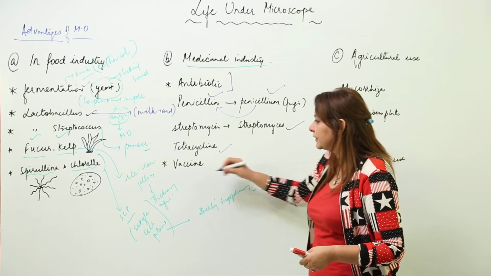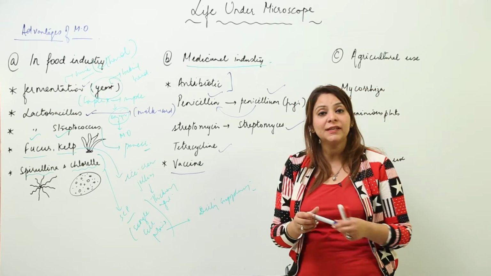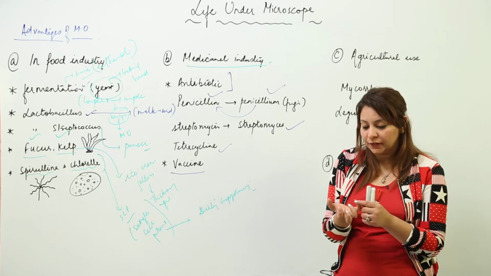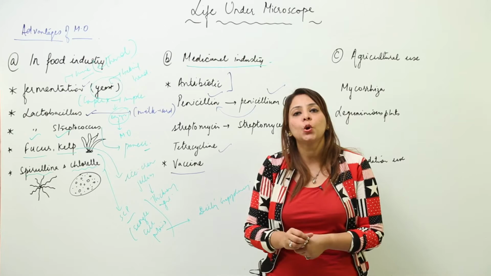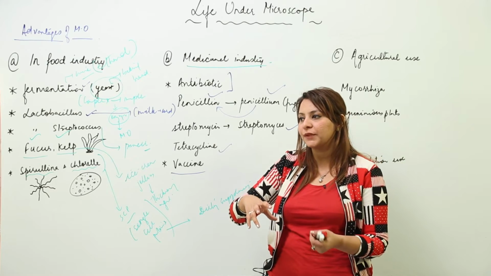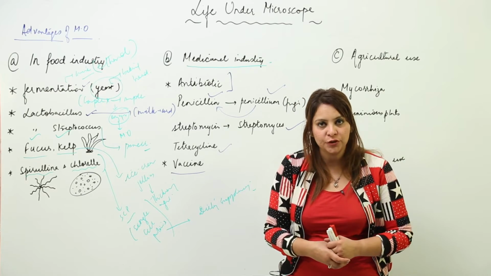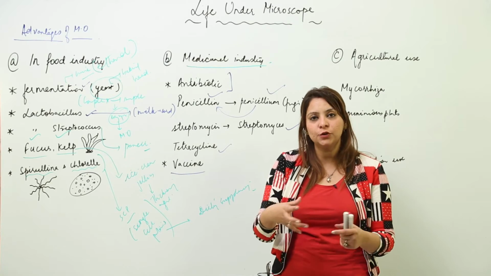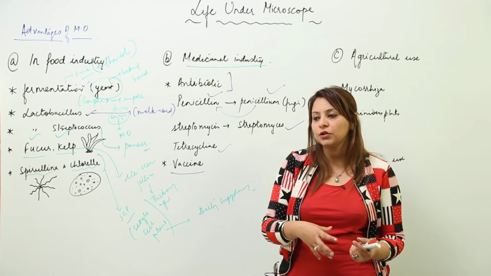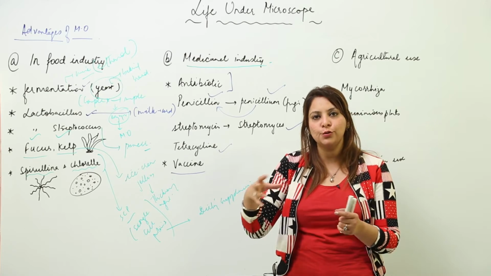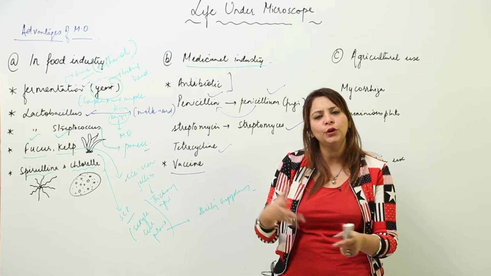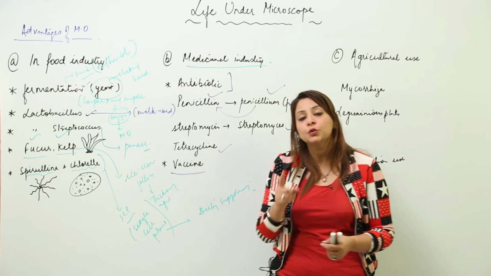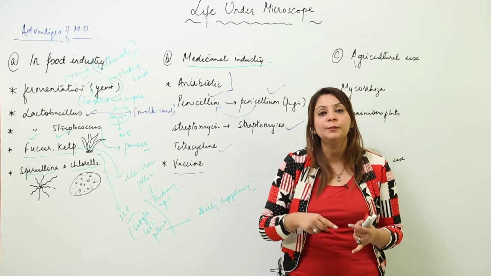Next we have the vaccine. Now the question is, what do you mean by vaccine? You must have seen that whenever there is a newly born child, you take the child to a doctor and ask for vaccination. And what does the doctor do in return? They give a vaccine for tetanus, a booster dose, or a DPT, or many kinds of polio vaccines. So what is that vaccine and what is it meant for?